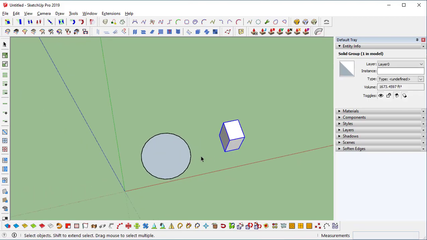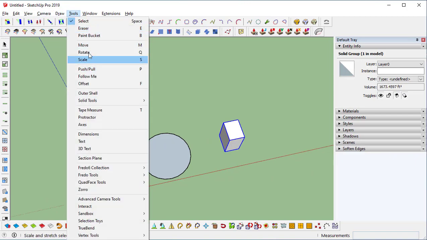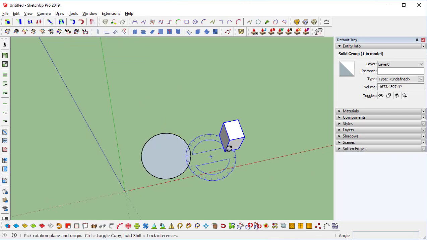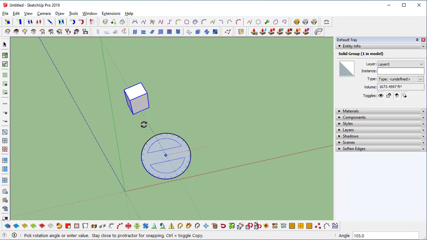Now what I can do is use the rotate command. After selecting the object, choose rotate. You already know the Q shortcut. After that, if you go onto the circle edge, it will trace the center point. Click on the center point. Next, click on the next point. You already know how to rotate. I have already explained it in the first video. While showing the direction, it will rotate.